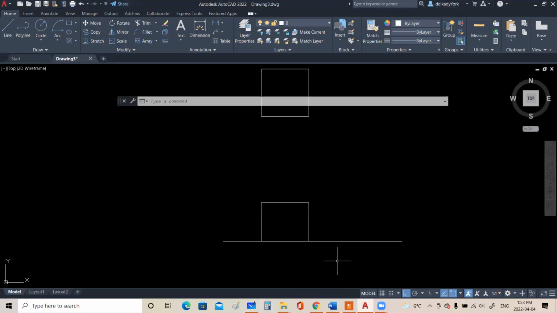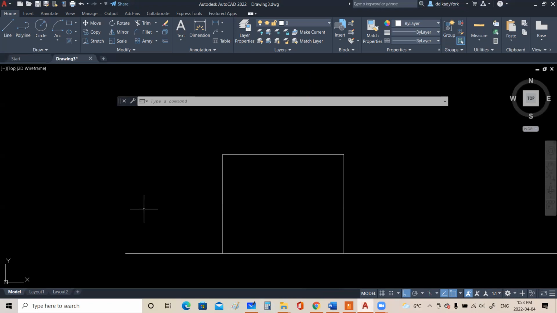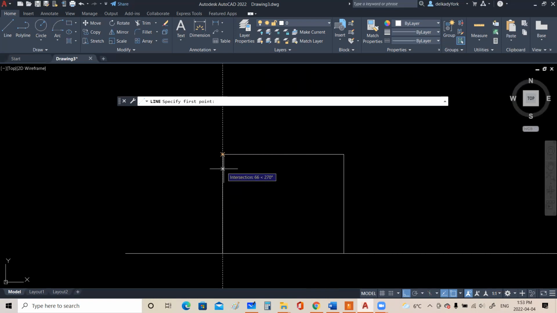Next thing is we have a thickness that we need to account for, which is 5 centimeter thickness. So I need to take that measurement from the endpoint, from the first point here to that point here. To do that, I'm just going to zoom in a little bit. And again, I'm going to click on the line command, and then I'm going to hover over this point. I'm hovering, and then I'm going to go down. Now, notice when I go down, there is from the intersection. I'm sorry, I'm going to hover over that corner point, and then I'm going to go down. When I go down, there's actually a